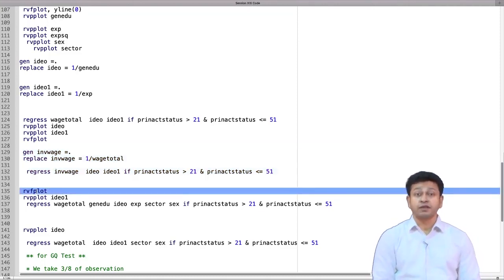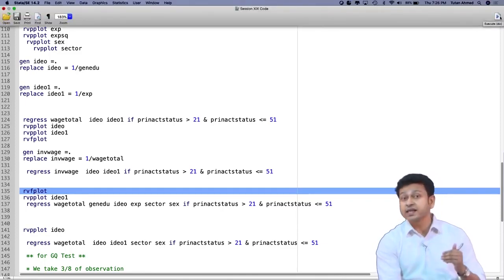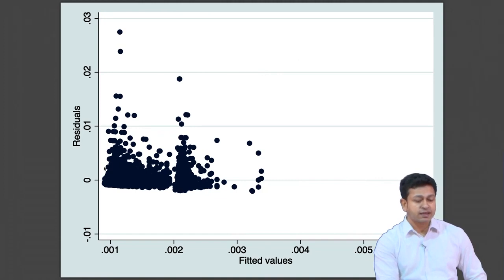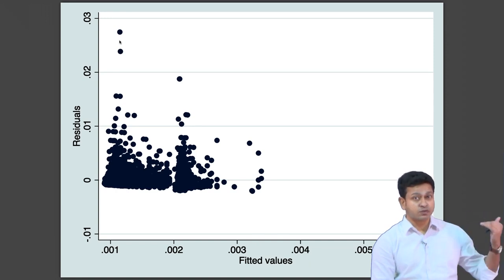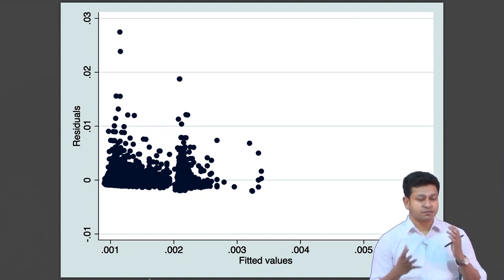So what will happen to the RVA plot? Now I have changed the y variable, right? Since you have changed your y variable, your RVA plot is going to change, because your y is now 1 by y. So you see that as your fitted values are lower, your dispersion in the error term is much higher, because now your y variable is nothing but 1 by the previous y variable. That is why your dispersion is much higher when this new y variable has a lower value. So this is how, by changing the functional form, you can get different representations